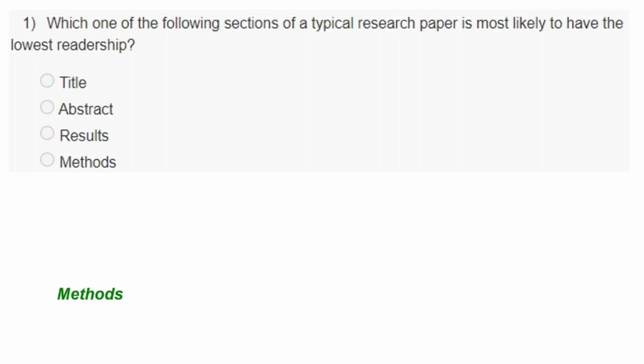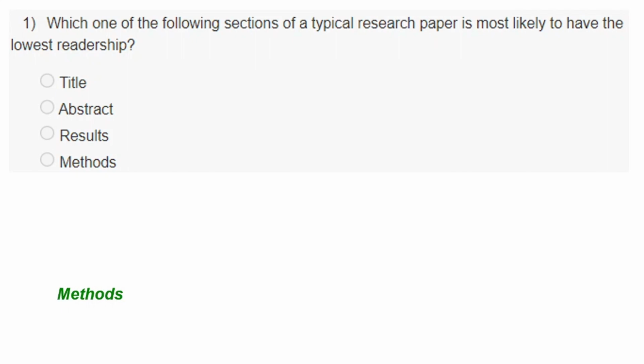the entire method section unless I am very interested to replicate that kind of work they have done in my work. Or if I think, oh, how did they show that these many cells are dying, are they doing any particular experiment that I don't know of, then I'll go to the method section and read. Otherwise, out of these four options, methods will have the lowest viewership, because after title and abstract, people have a